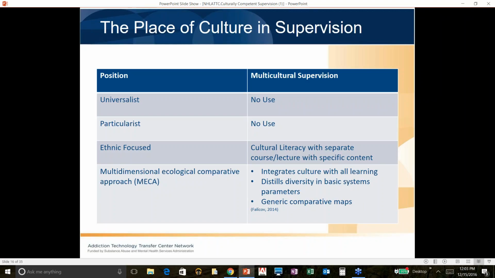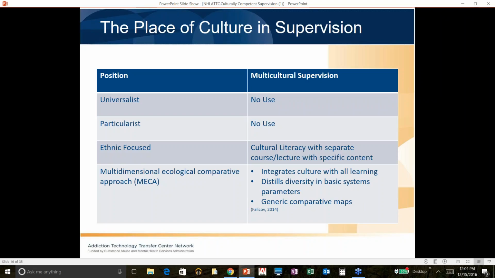Basically that is really concentrating on one particular group. If I'm working with one Hispanic individual, I have to know everything about it and really just focus on that, which isn't necessarily very helpful as well. So I'm going to move down to ethnic focused, which is often in our training,